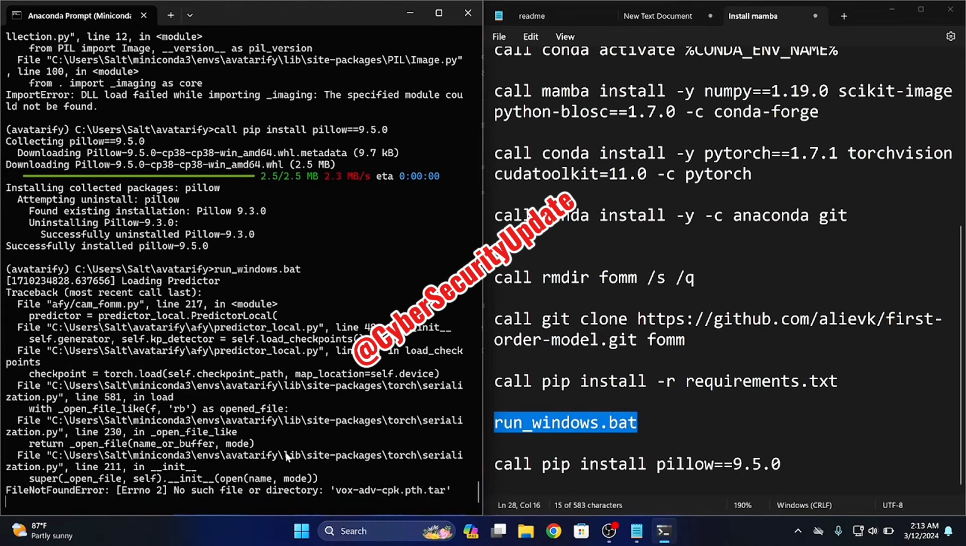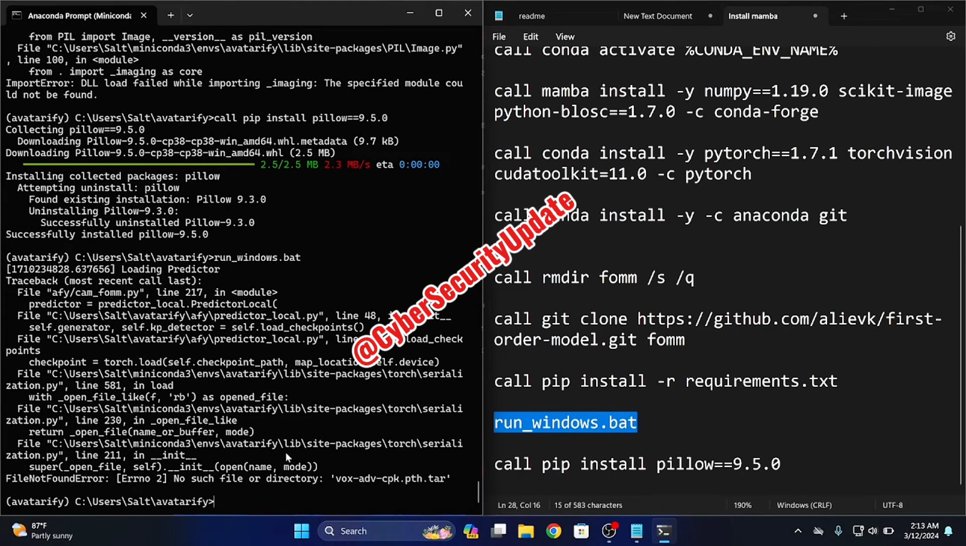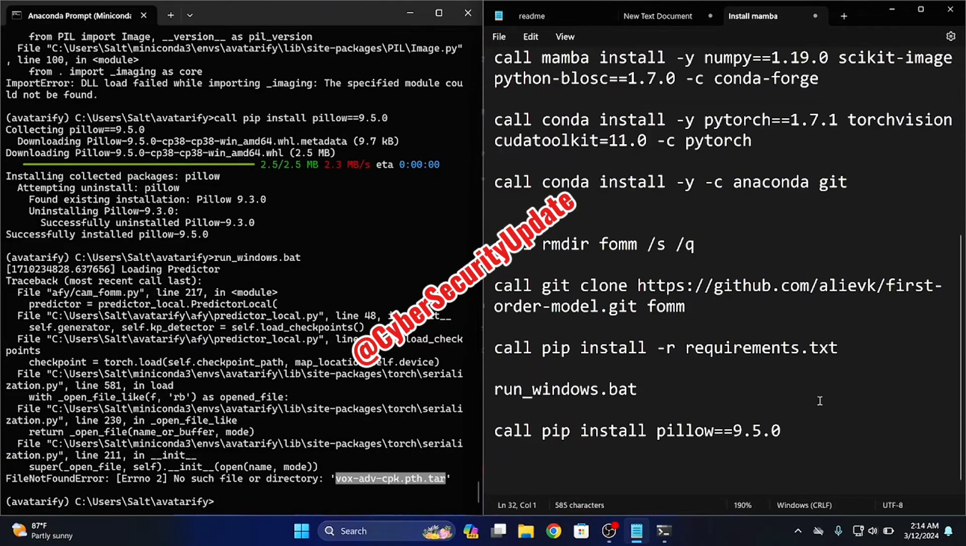So as you can see now, the next error here is vox ADV, CPK, part star. A lot of people have been having issues with this same error, but it's the simplest thing to fix. All you have to do is go to your web and search Avatarify Python. But me, I love to download